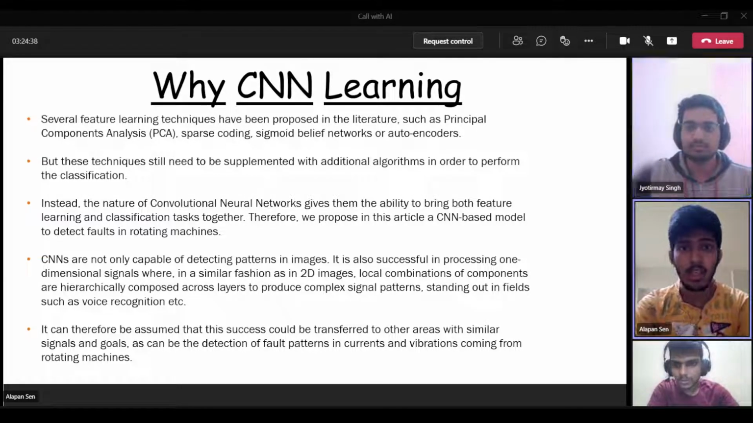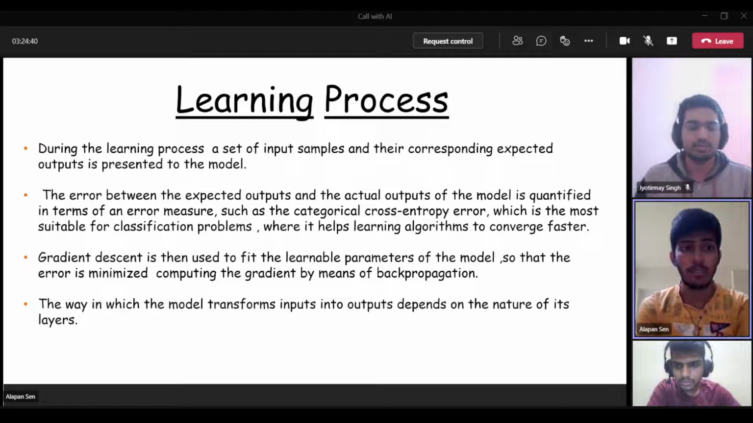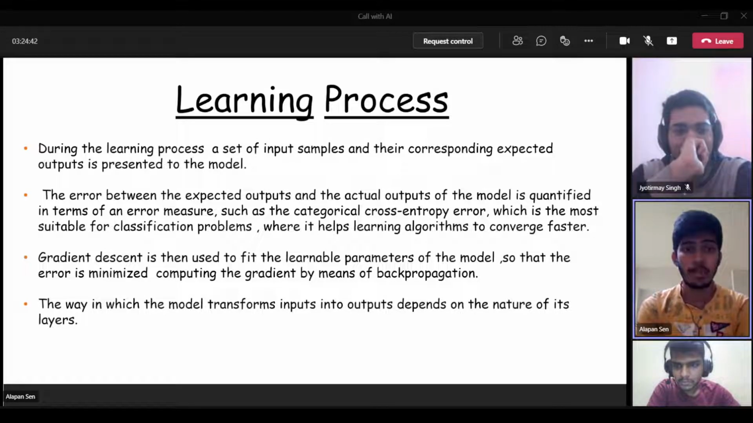Thank you, Jyotirmay. Now let's understand how an algorithm learns. During the learning process, a set of input samples and their corresponding expected outputs is presented to the model. Therefore, for a given input, the output is known and we feed them into the model. The error between the expected output and the actual output of the model is quantified in terms of an error